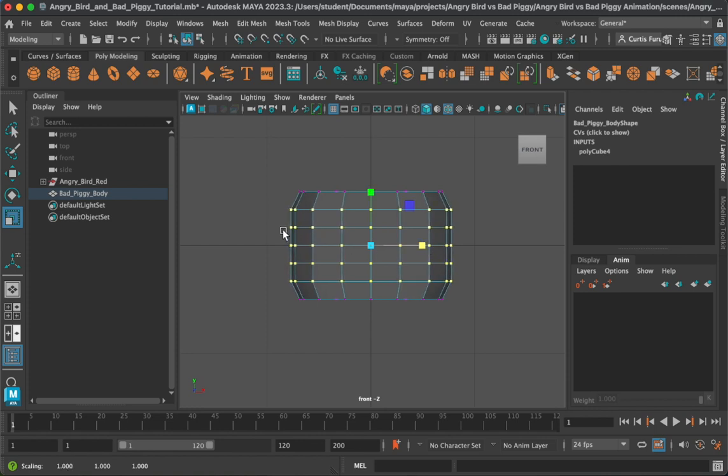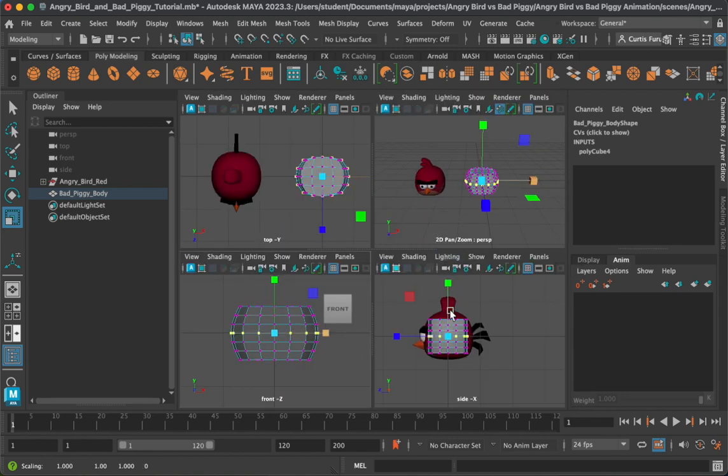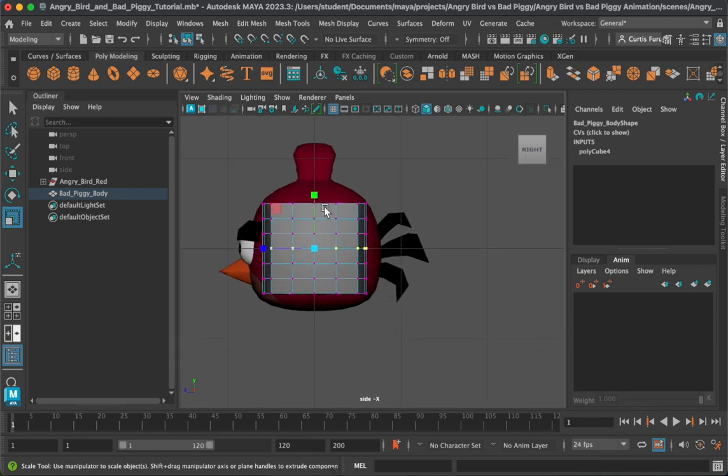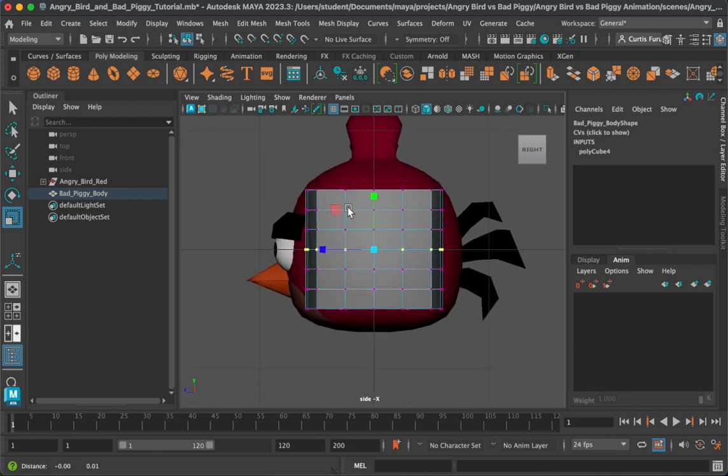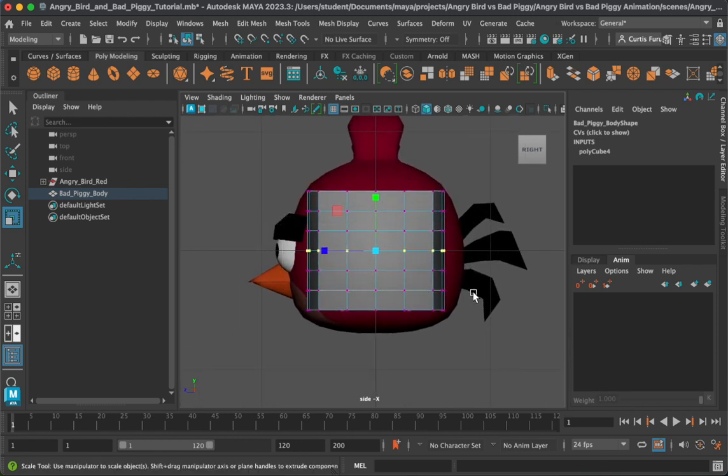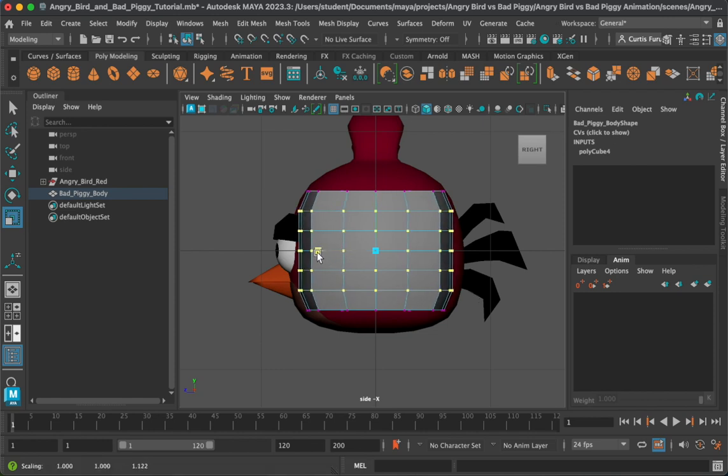I'm gonna do the same thing with the middle 3 rows, scale that out, and then also very slightly get that center row and scale that out as well. Whoops, right over there. Okay, perfect. Just like with my Angry Bird, I'm going to check in my side view and do the same thing. So I'm going to get my middle 5 and scale it so that it's getting larger